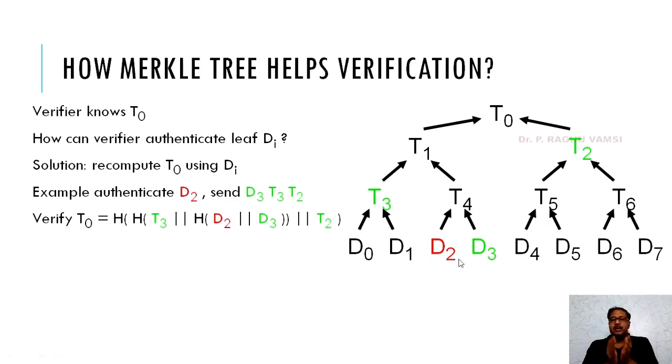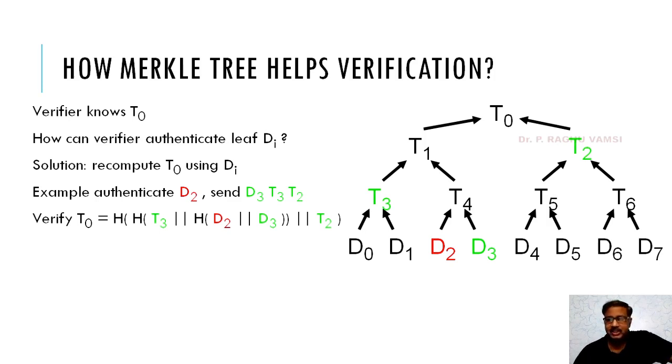That means the number of data items needed to verify whether a particular data item is tampered or not is significantly reduced in the case of the Merkle tree, whereas in the linear way of verification, we need all the data items to check whether a single data item is tampered or not. In this way, it reduces the effort of verification by the users. So this is the advantage of the Merkle tree.